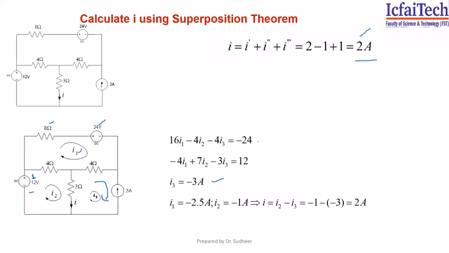So now you can see in these two equations, there are 3 currents. So you cannot solve 3 unknowns given 2 equations. So the third equation, you can consider it as I3 equal to minus 3. So you can put these equations in a standard matrix format and then you can solve it. Thereby you can find out the currents I2 and I3. So what is I? I is the current flowing through the 3 ohm resistance. I2 is flowing in the downward direction, I3 is flowing in the upward direction. So I is equal to I2 minus I3, that is minus 1 minus of minus 3, 2 amperes. So hence the superposition theorem is proved.